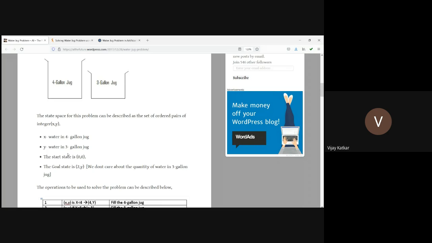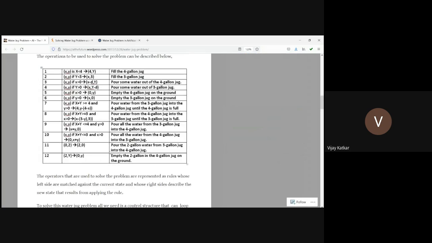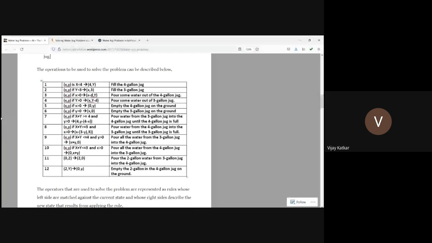So how can we write the algorithm? First we need to write some rules. These rules we have already studied in the classroom, so let's revise them. Initially, the X jug has a capacity of 4 liter and the Y jug has a capacity of 3 liter, and both are empty.